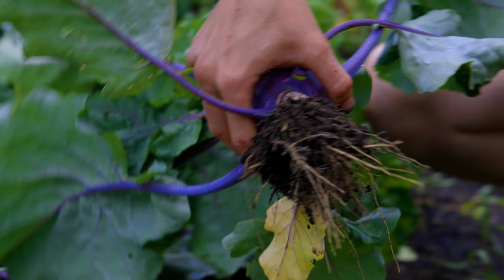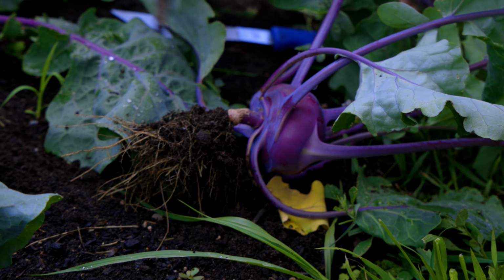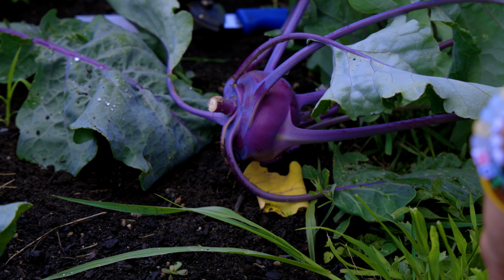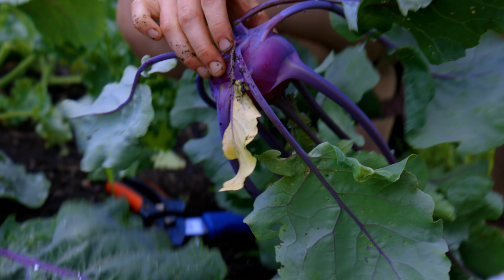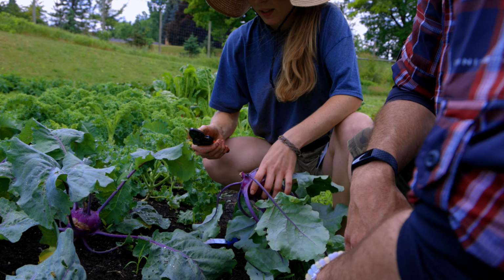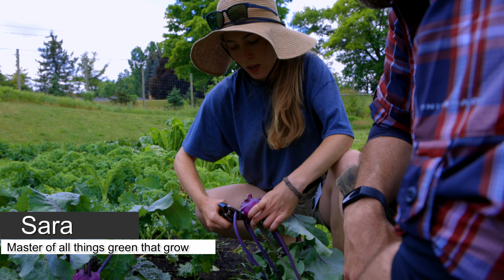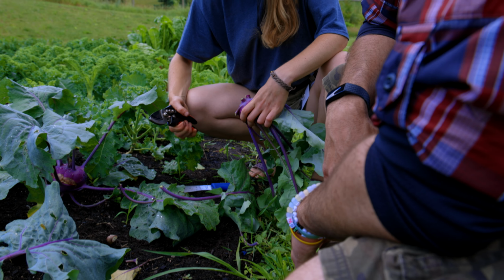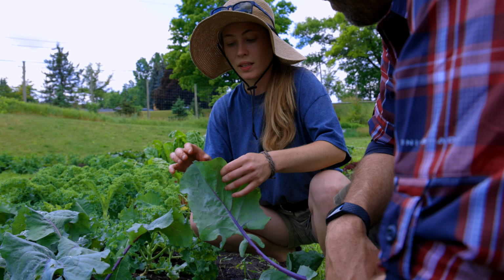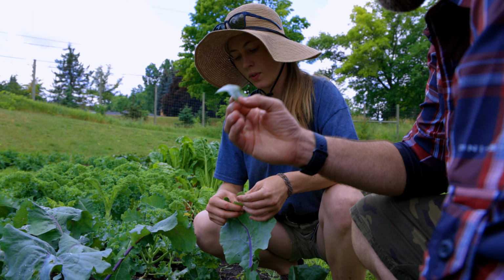You'll just have this giant root ball attached to it. So I was going to just clip that right in the ground, but you'll just clip that off. Wow. So when you cook this, like I said, the leaves are edible. So if I were harvesting this and harvesting lots at a time, I'd chop off all the leaves as I go. But like I said, you can eat this with kale. It's the same, I mean, it's gonna have a really similar flavor and texture to it. Sorry, there's a little